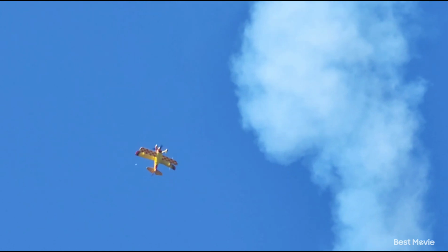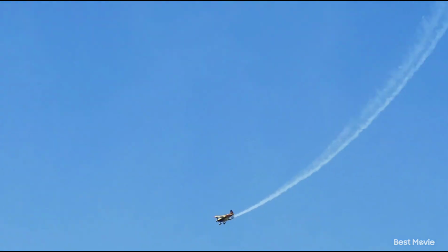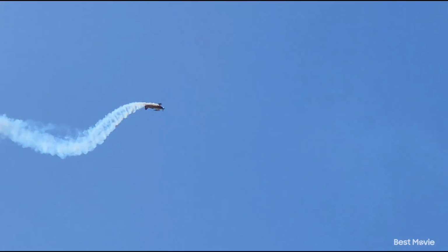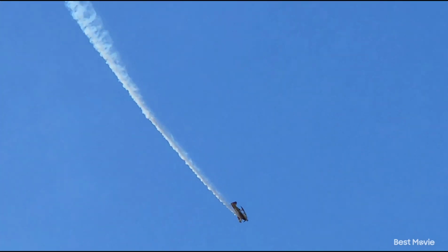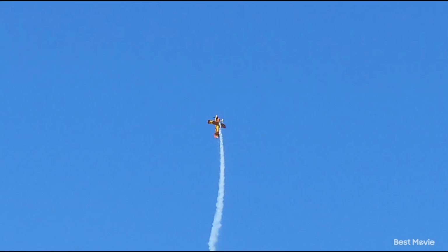This is the best tail that has ever been built of this lovely type. This is number one on the production line. This is a very, very highly modified